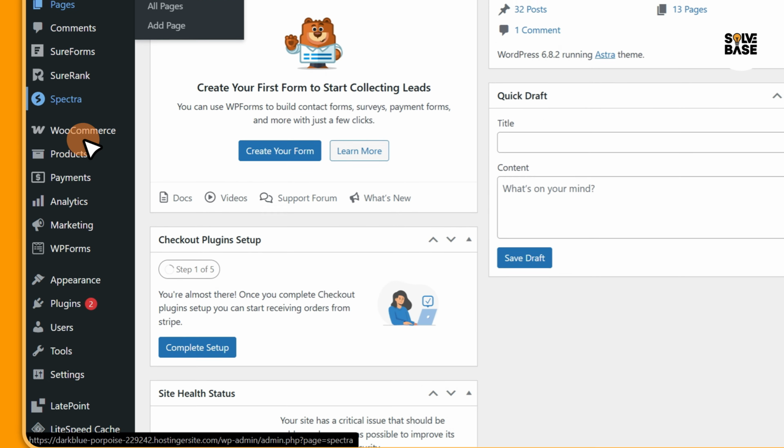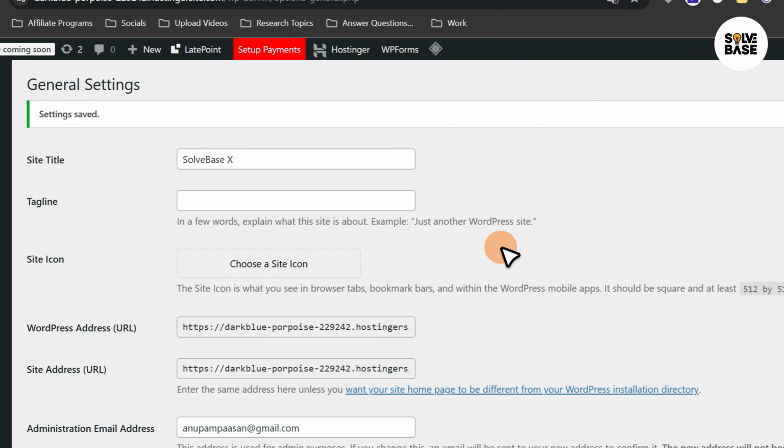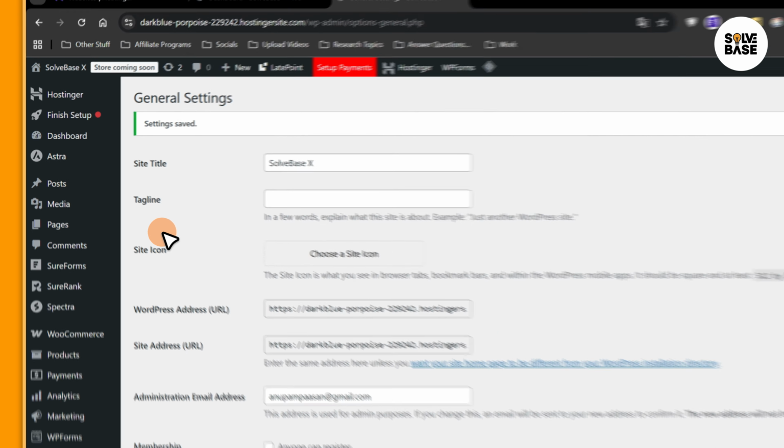So on the left hand side, scroll down, you're going to find Settings. Hover on it, then you're going to find General, click on it. It's going to take you over to the general settings. Now on it, you can change the site title, tagline, and this is where you need to add your site